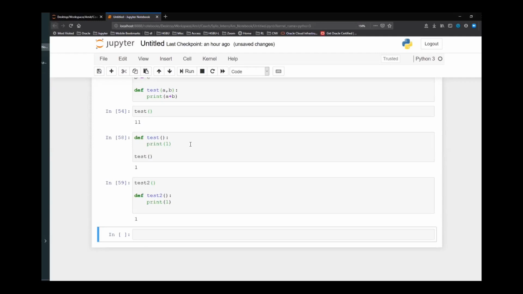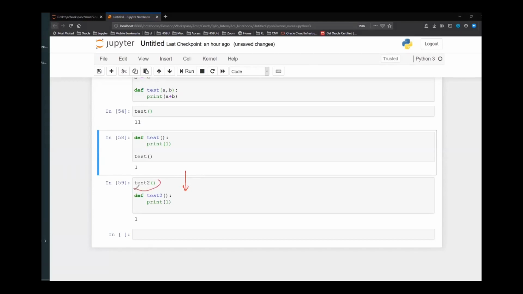It may fail in some environments because your execution will be going from top to down. In ideal scenarios, your execution goes from top to down. And you are calling a function which you have not defined or declared yet. Your computer doesn't know about test2, but you are invoking a function. So in some IDEs, this is going to fail, saying that this function is not defined.